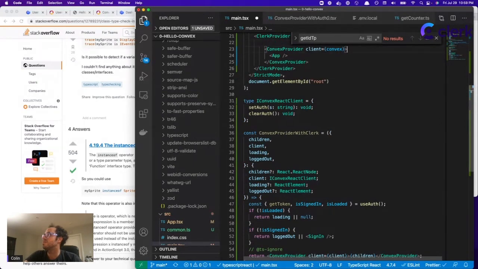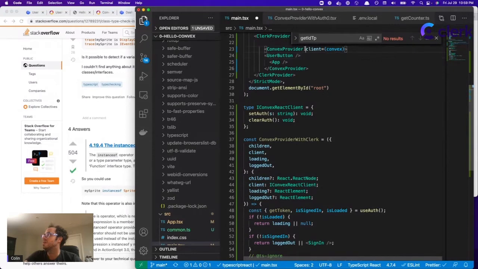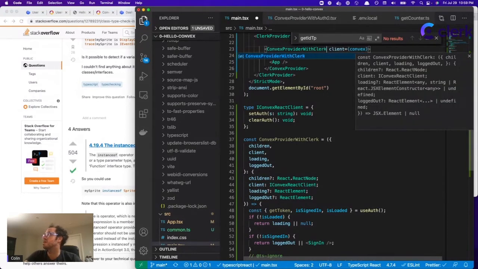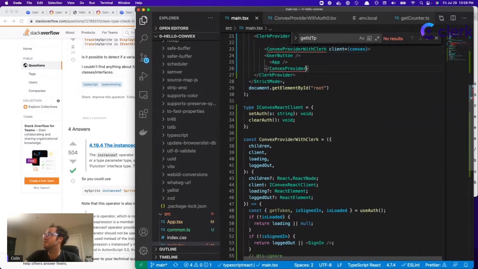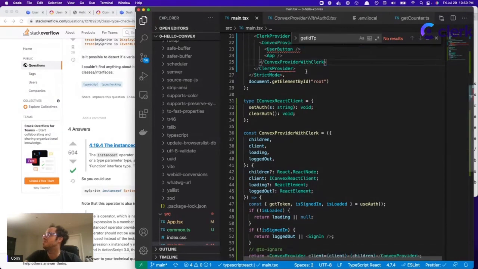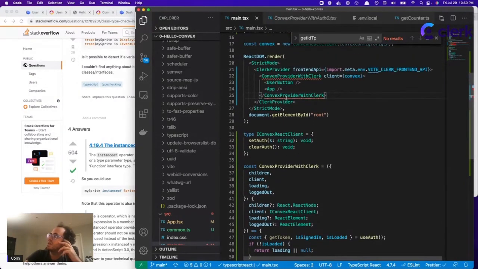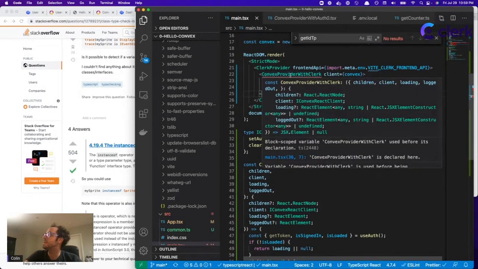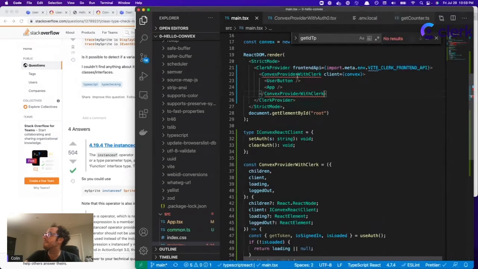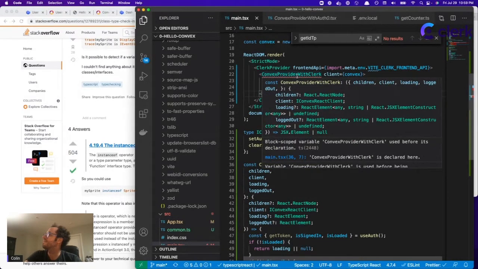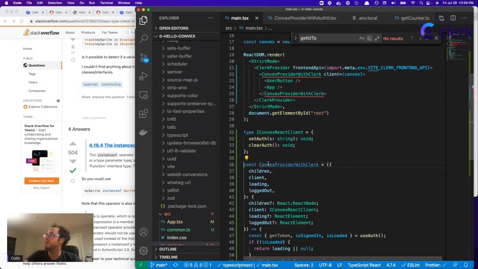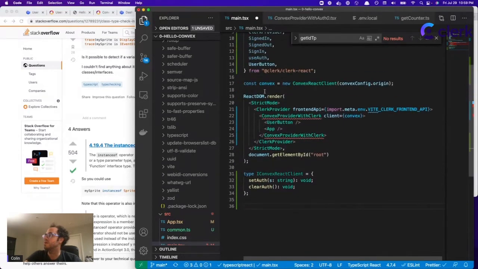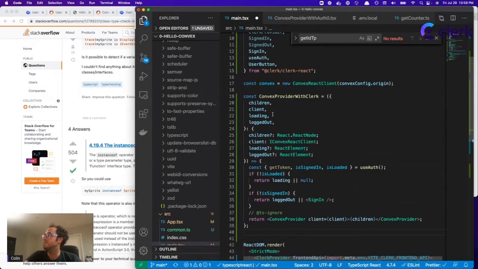The Convex user button, we're actually going to put in here, because now Convex provider with Clerk is only going to render when the user is signed in. And oh,